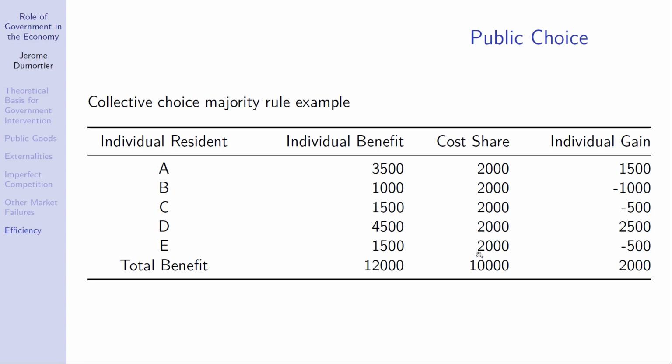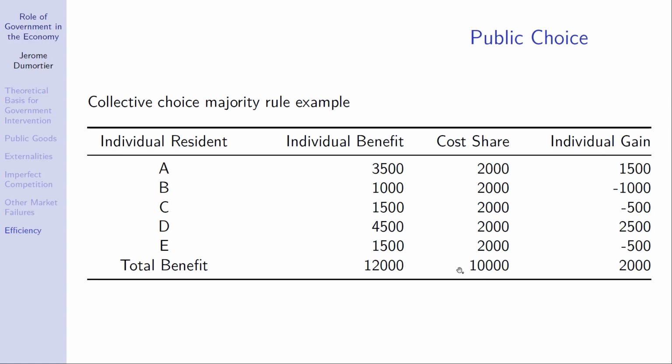Now, think about that. You have here the individual benefits of this project to the residents A, B, C, D, and E. And you see that if you add up the benefits, the benefits are bigger than the cost. So here, this project actually meets the